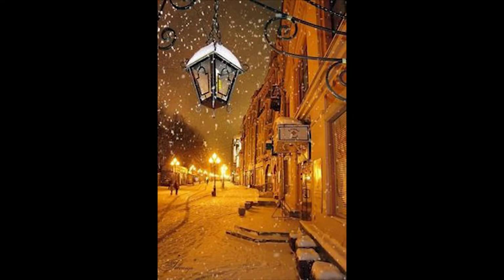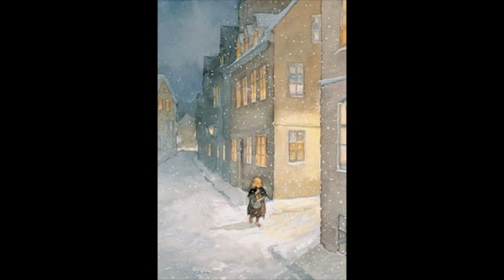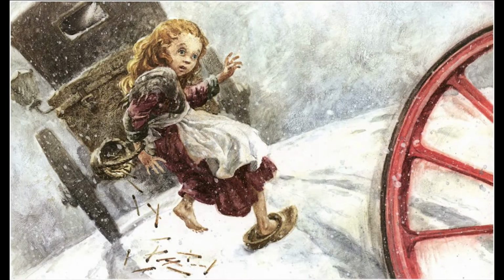It was late the last evening of the year, and it was very cold and dark, and snowflakes fell thick and fast. Through the empty streets wandered a poor little girl who had no hat on her head, no shoes on her feet. And when she left home that morning, she had been wearing a pair of slippers, but they were so large that she lost them